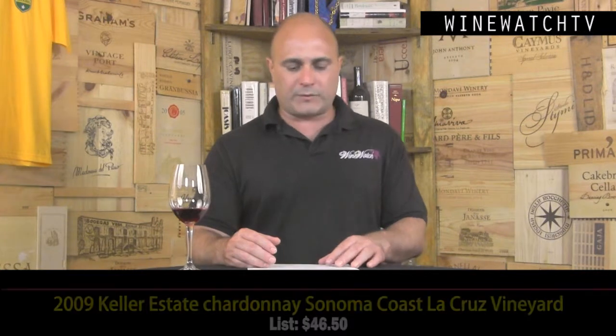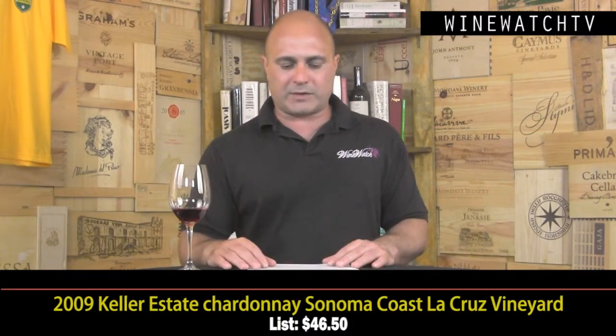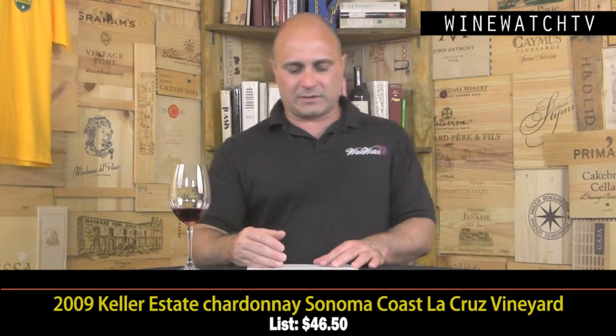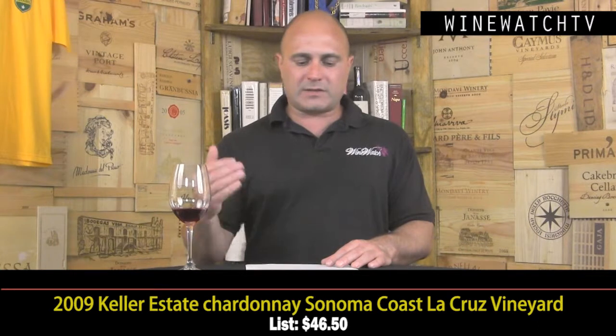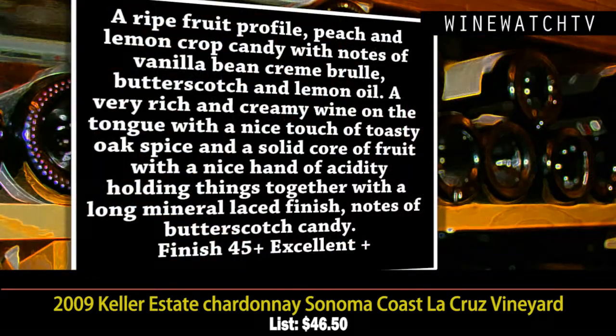All right, the La Cruz Vineyard up next. They get very small yields out here, 2.5 tons per acre, and they've been farming these vineyards since the 80s, but they've been making wine since the 2000 vintage under their label. The Chardonnay used to be sold to Rombauer, all of it, and now they still sell a lot of fruit to Flowers, and this is the barrel fermented version of their Chardonnay, a very ripe fruit profile here, peaches, lemon drop candy, notes of vanilla bean creme brulee, little butterscotch, lemon oil, 100% malolactic, some new barrique here, 25%,